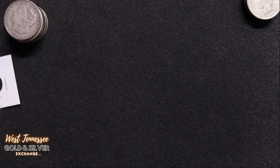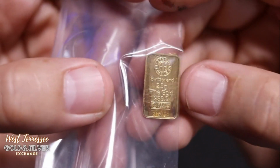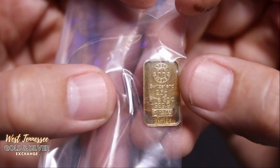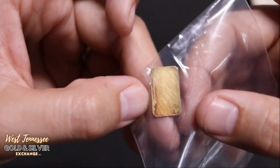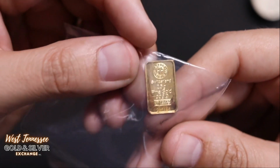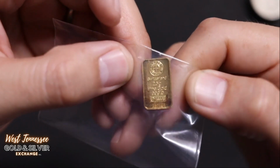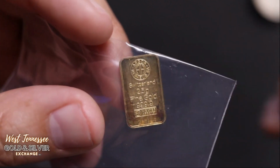All right, before I move on to the Morgans, let's do something different. Check this out right here, guys. This is a 2.5 gram gold bar of 4 nines gold. This is a really cool looking little bar. It's got a little bit of red toning on it. It is not in one of those PAMP cards. This was just loose, how it was sold to me. This is from Switzerland. 2.5 grams, Switzerland gold, right here. Nice little gold bar. We'll throw this into the display,